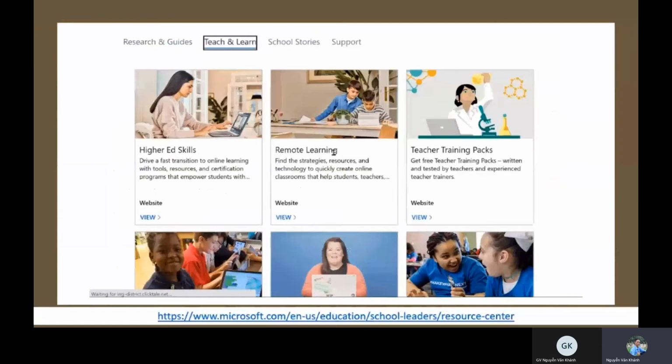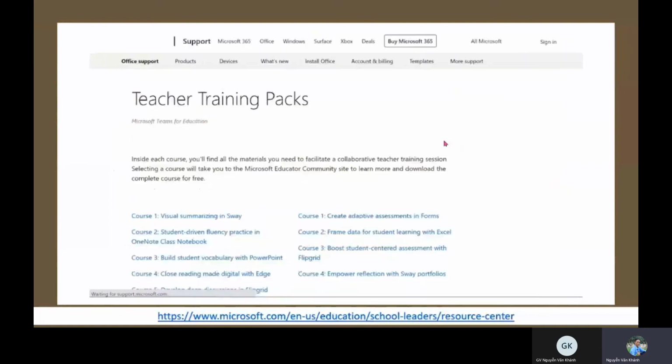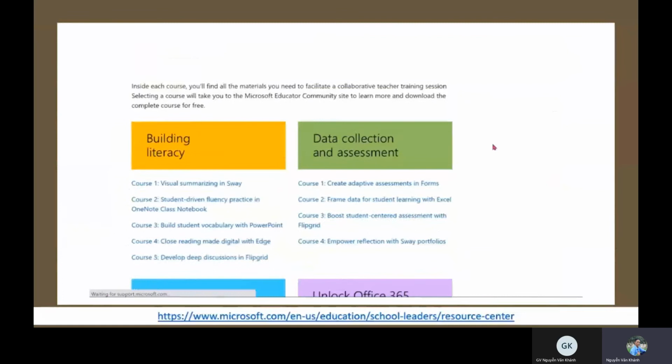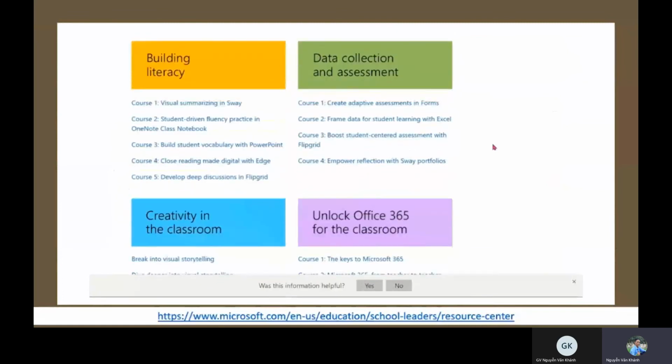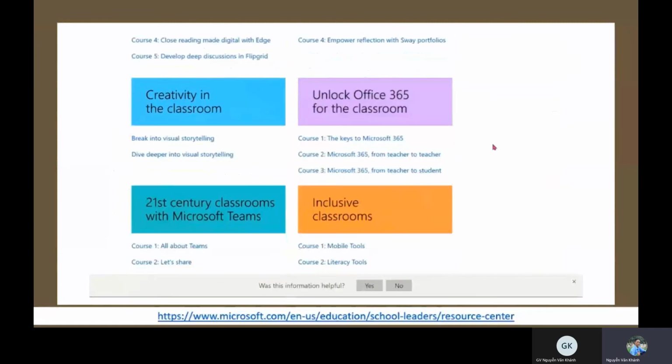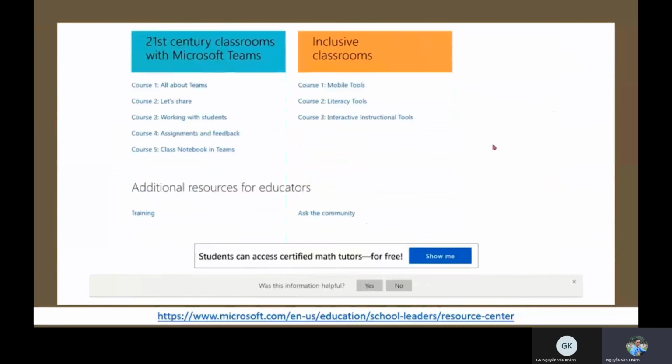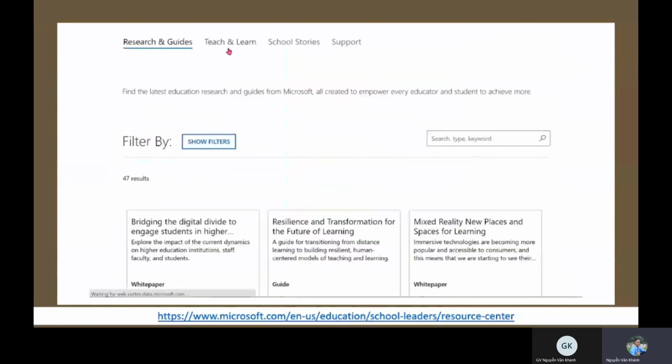Continuing under the teach and learn option, you have teacher training packs, which are very valuable. These teacher training packs are for various topics like Sway or Excel or Teams or Office 365. And so these are courses that you can share with educators that you can use and use to even customize